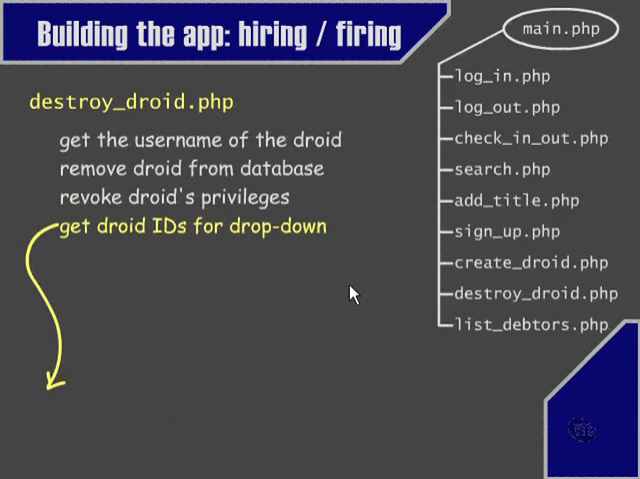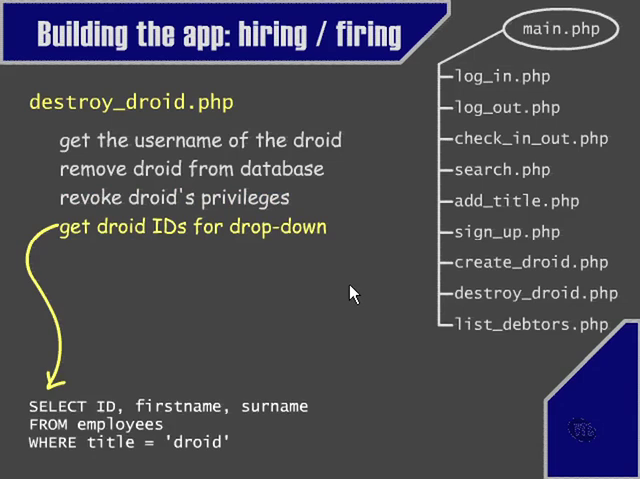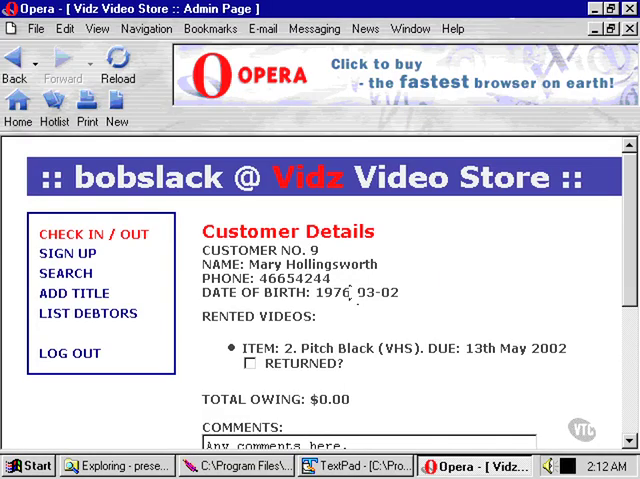Finally, we need to get all the different droid IDs for the drop-down, so we run a search on the employees table with the criteria that the employee is a droid as opposed to a manager. Let's take a quick look at the way this works in our